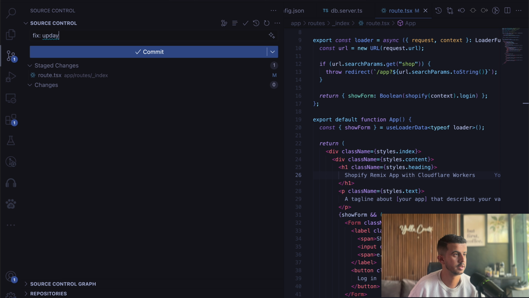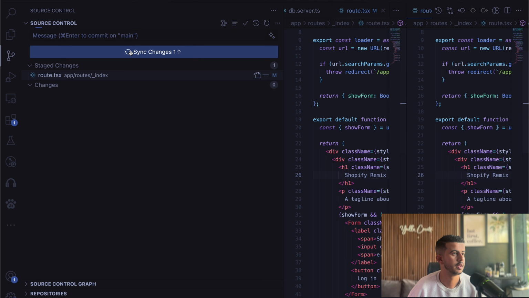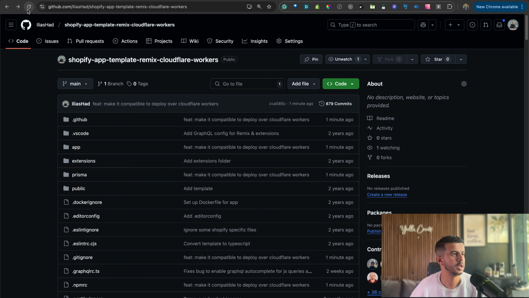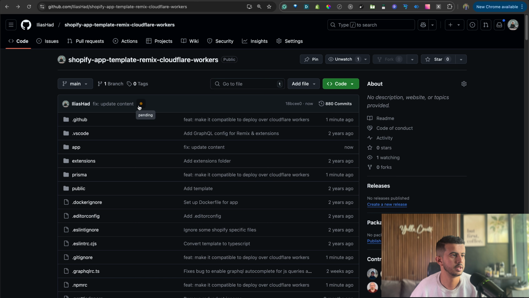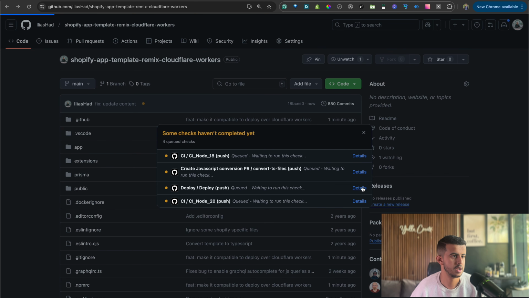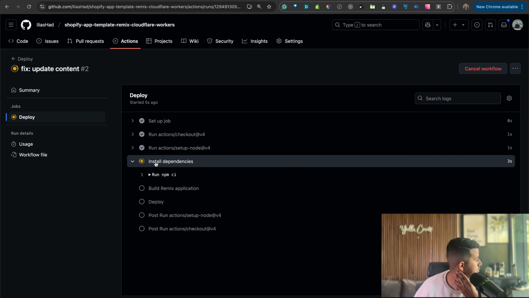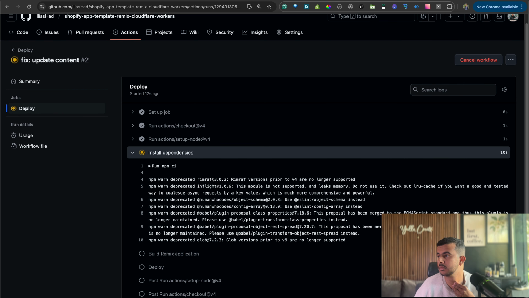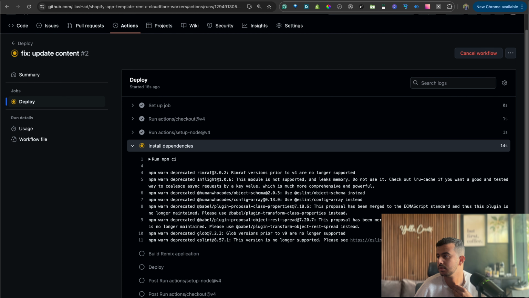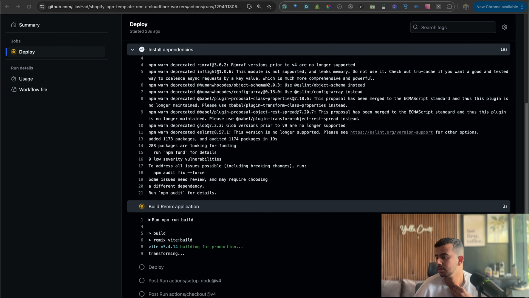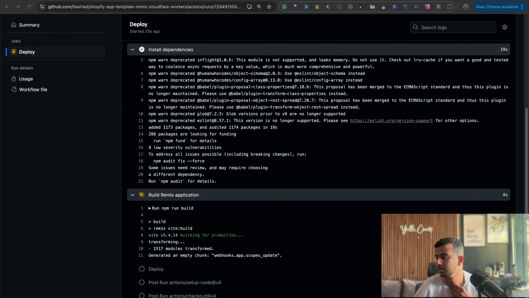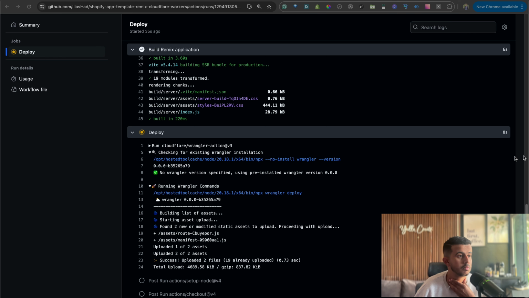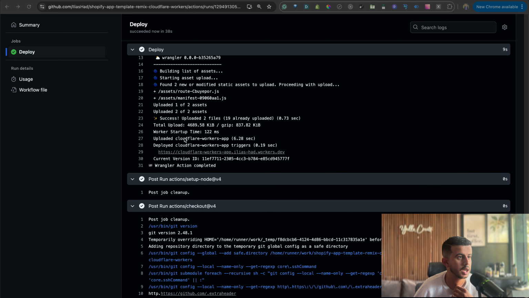And let's update content. And this should trigger the function, so it's currently deploying. So everything is currently updated, as you can see here right now,